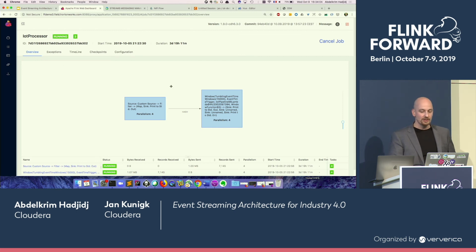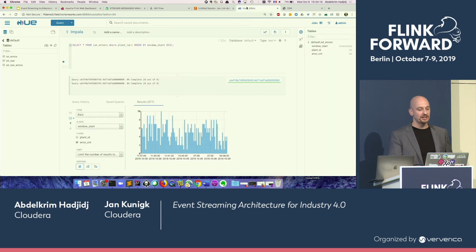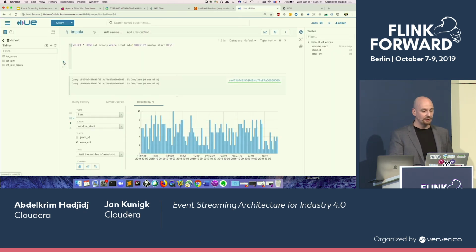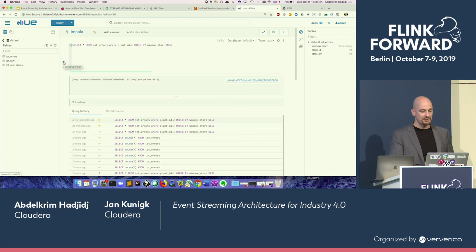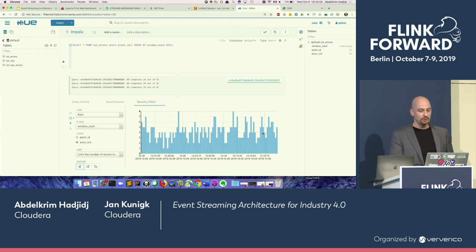If you want to do this, you saw as well that we are also putting this data into Kudu. After the errors get generated into the Kafka topic, we are also putting them into Kudu. Kudu is a relational data store that we have. This is a histogram that we're building from our Hue UI on this Kudu table, and you can see how the events are popping up. Each of the bars represents one of those 15 second windows that Flink was creating, and we think about putting a threshold in at 10, but that doesn't happen currently.